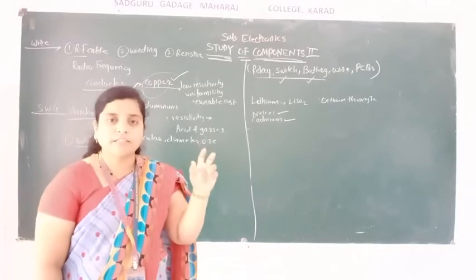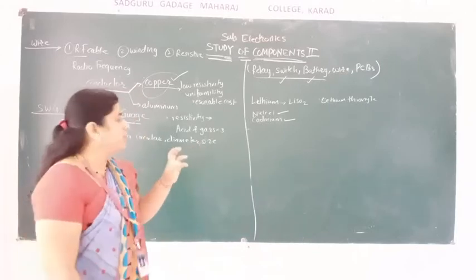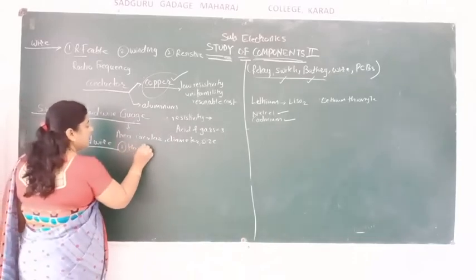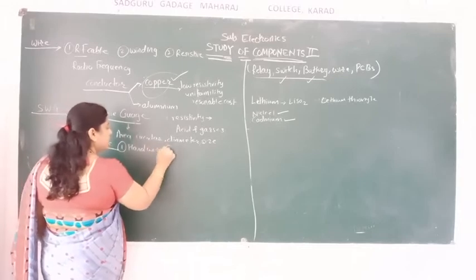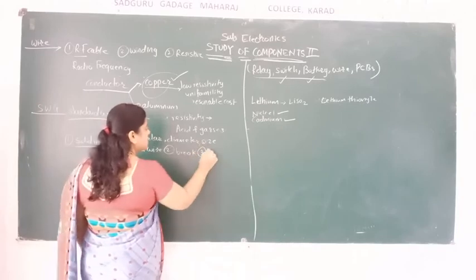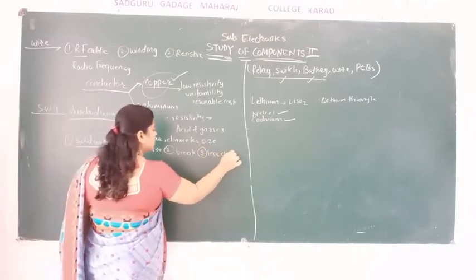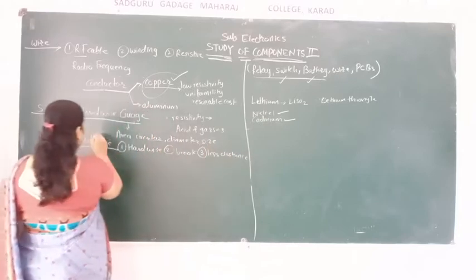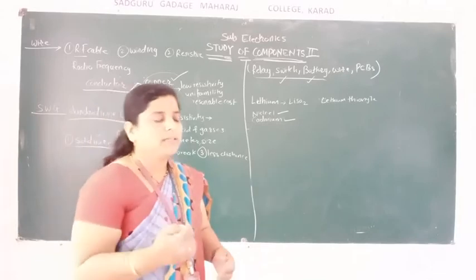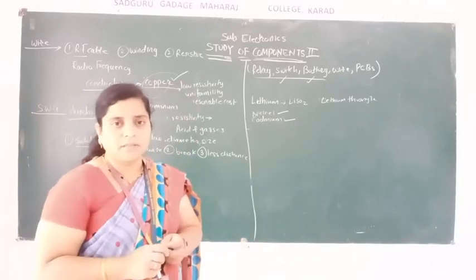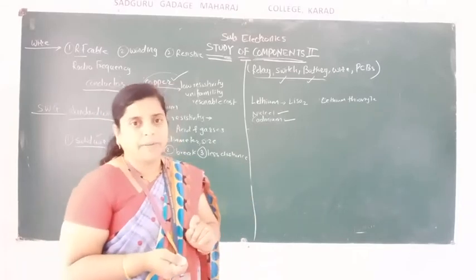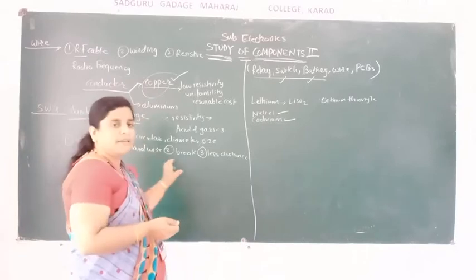It is a very hard connection. Solid means what? Hard. It is a very hard wire, easily breakable. And third, solid wires are used when we have to connect them over a less distance. If it is a small connection, we can use hard wire. It is very hard wire.